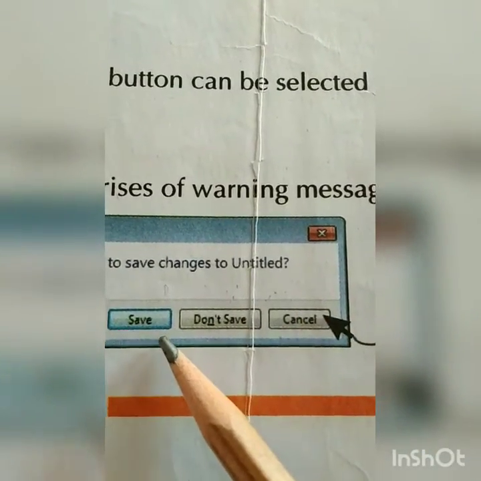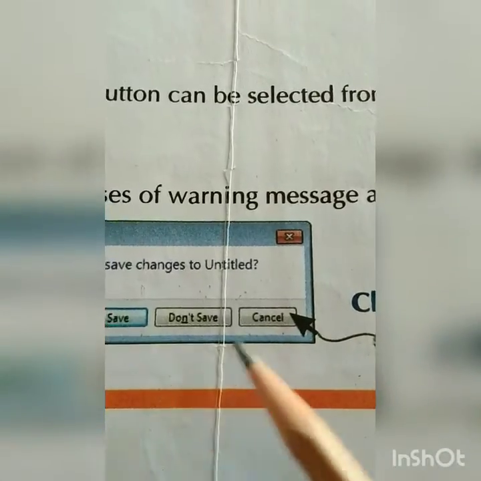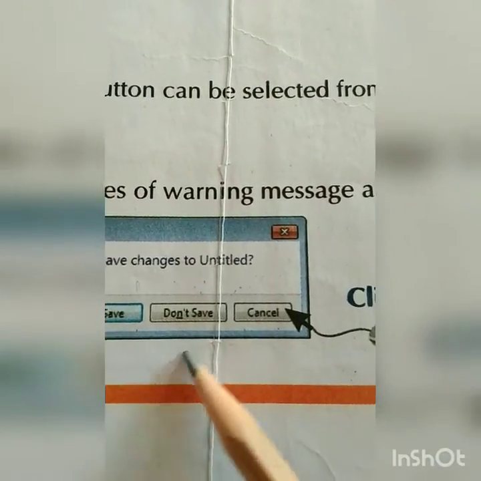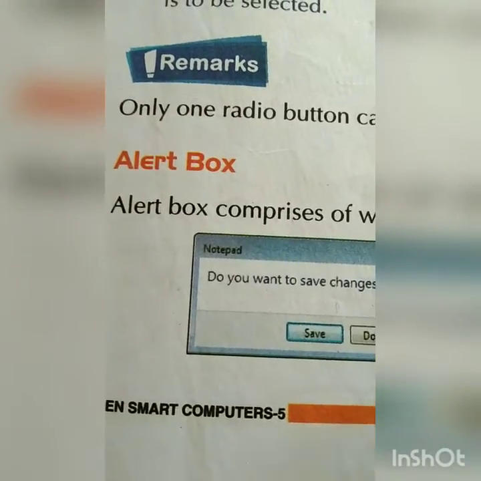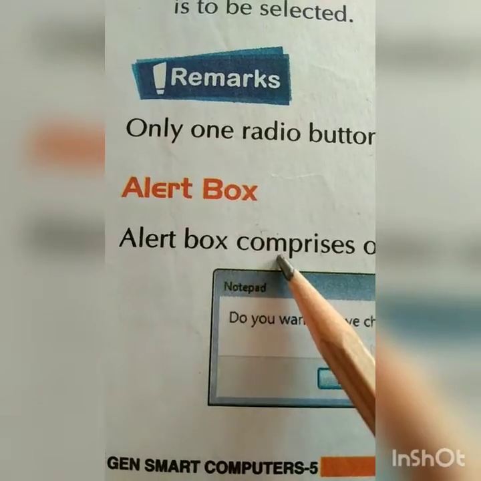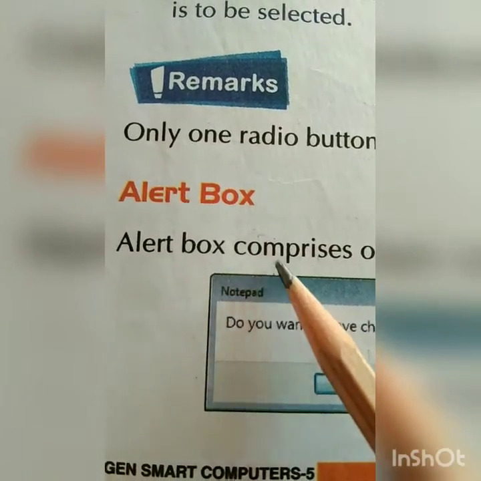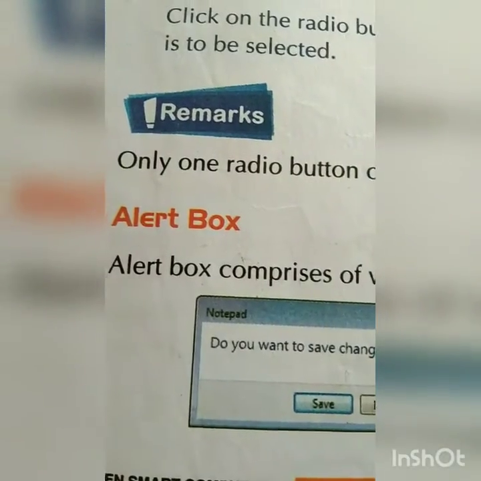There are three options: Save, Don't Save, or Cancel. It is up to you whether you want to save, not save, or cancel. So before doing any action, it alerts us whether we are doing the correct work, or if there is any confusion. That is known as an alert box.